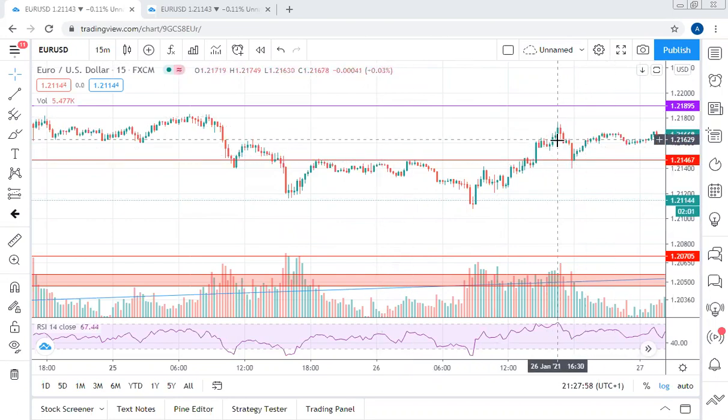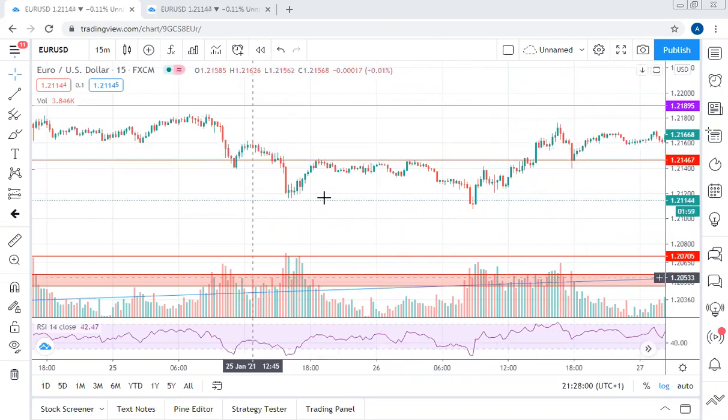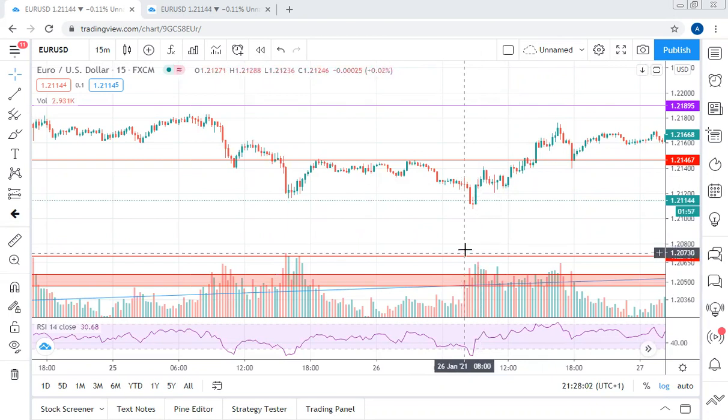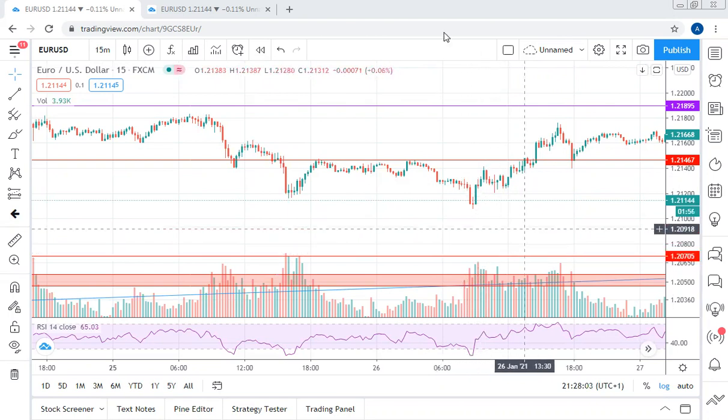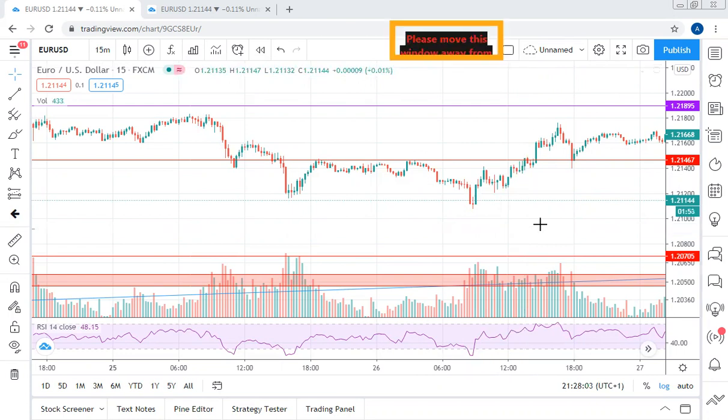I've shown you guys bullish and bearish engulfing on the chart. I've shown you bearish and bullish engulfing. I've shown you Harami. I've shown you Hammer and Shooting Star. So now